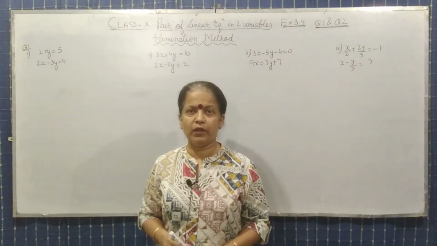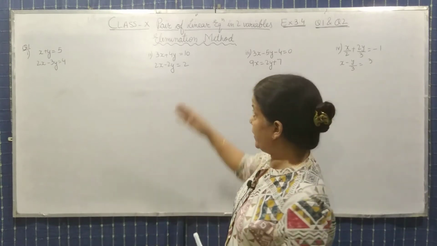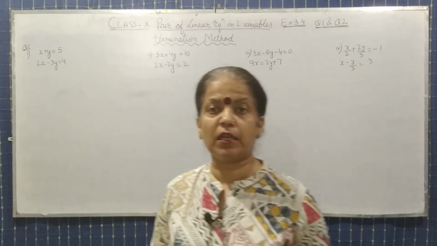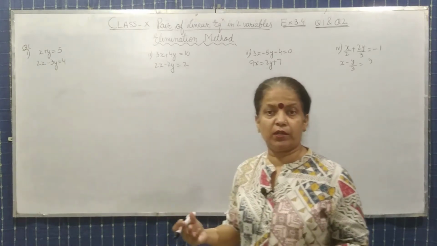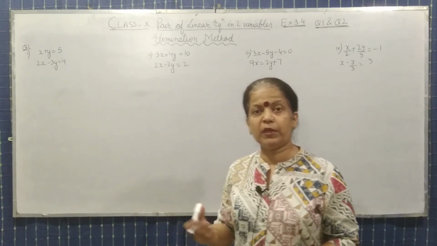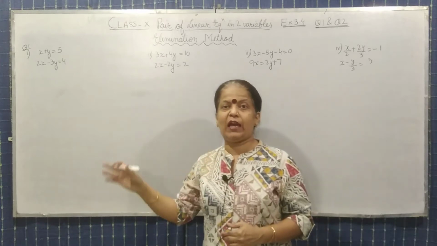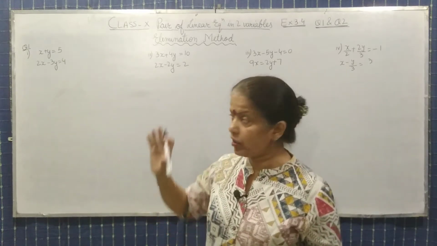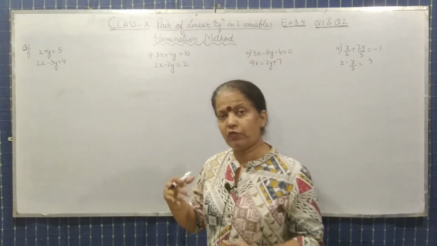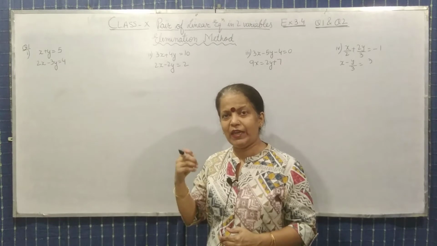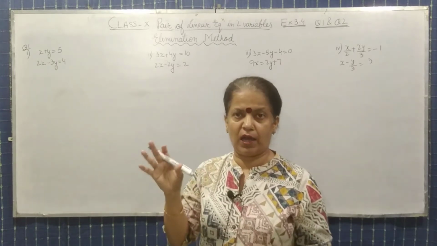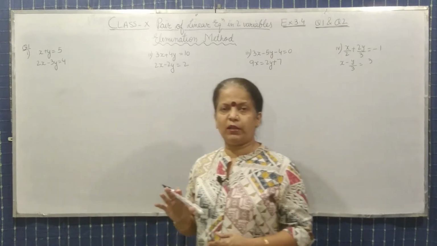Welcome back with our next method, and the method is elimination method. In elimination method, as the name suggests, eliminate. Elimination में eliminate छुपा हुआ है. So eliminate means आपको एक चीज को निकालना है, बाहर करना है. So same thing we will try to do here. आपको out of x and y variable, एक variable को eliminate करना है, किसी तरह से निकालना है. Okay, so that is the elimination method.